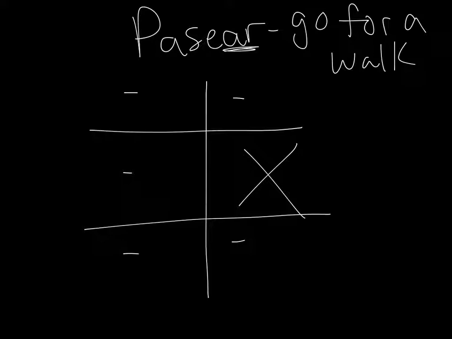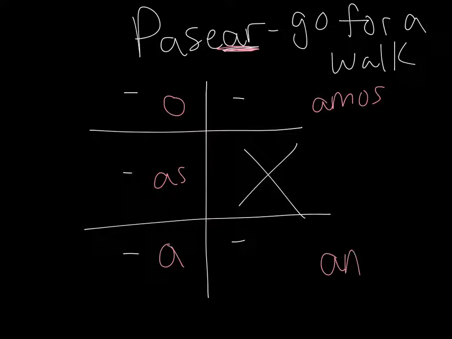Alright, so hopefully you have been able to correctly conjugate the verb pasear. So let's go through this. The ending is AR, so in the yo form you're going to have O. In the tú form you're going to have as. In the él, ella, usted form you're going to have a. In the nosotros you're going to have amos. And then in the ellos, ellas, ustedes you're going to have an. So then all you have to